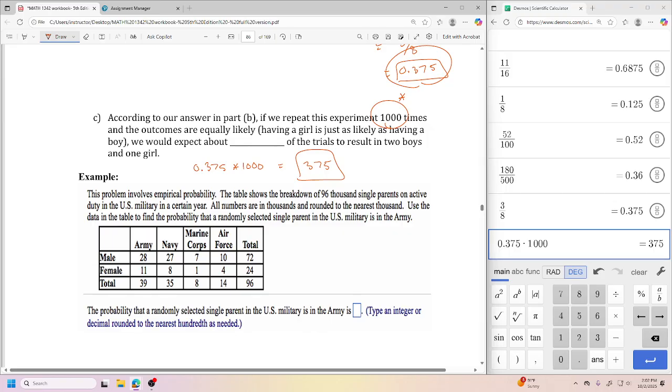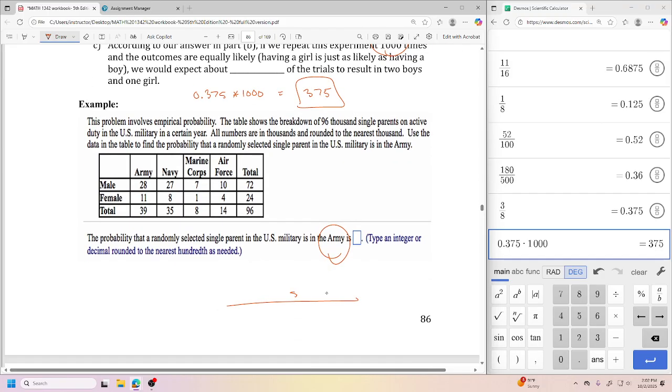All right, here we go. So I want to see what y'all got. It says probability single parent United States military Army. Really, the main thing here is just Army. What's the probability of Army? Well, we always go back to our formula. I want selected over total every single time. So my selected for the Army, what would that be? 35, you got it. And then my total would be